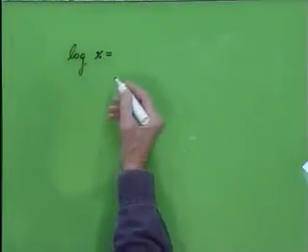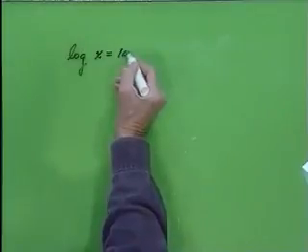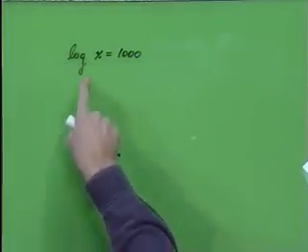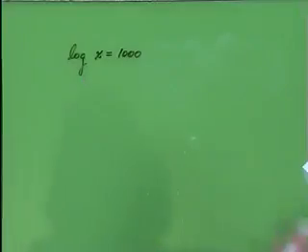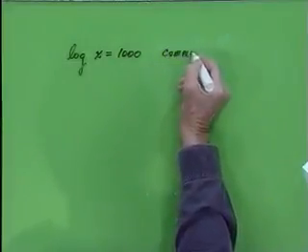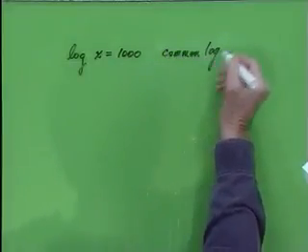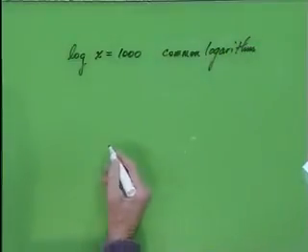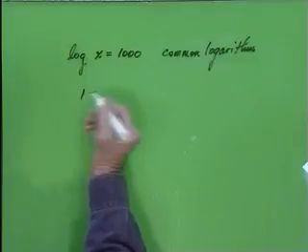What if we said the log of x is equal to 1,000. Now, I don't have a subscript given here. So what's the base that we assume when I don't put a subscript there? 10. Base 10, yeah. So this is referred to as a common log, or a common logarithm. And if we convert this to exponential form, we'd take,